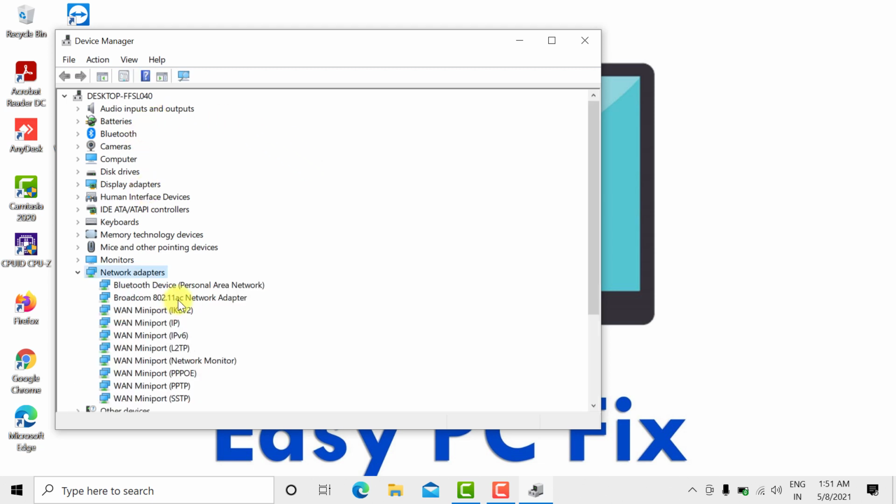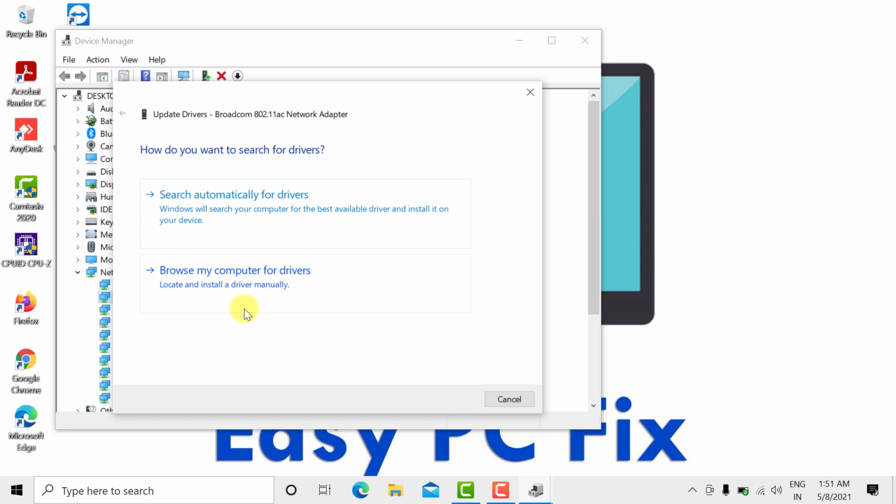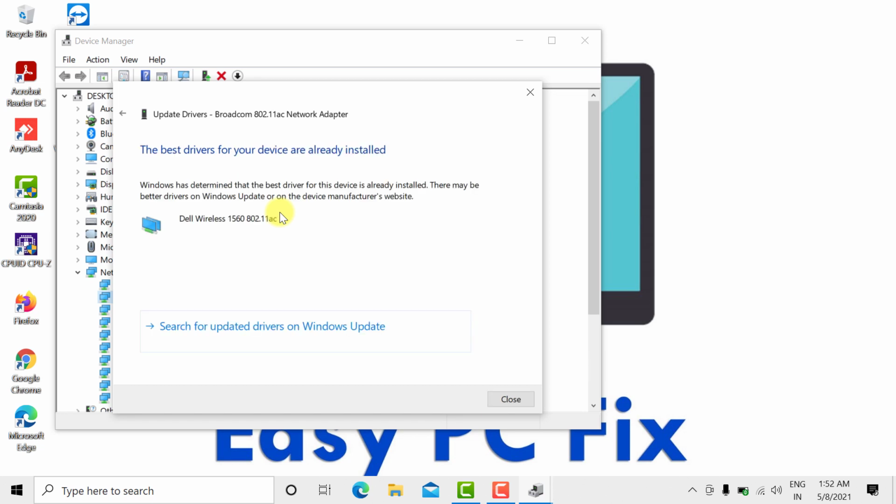Right click on your network adapter and select Update Driver. Select Search automatically for updated driver software. As you can see that I have already installed the latest driver. If any update is available, then it will be installed automatically. Now check, hopefully your Wi-Fi issue has been fixed.